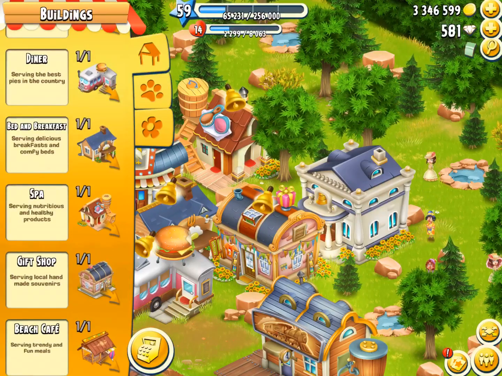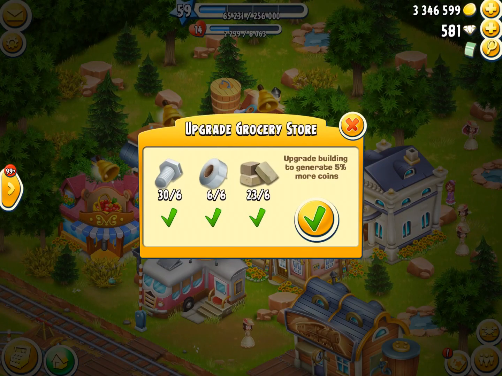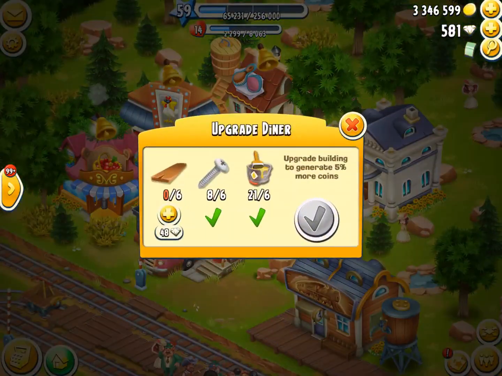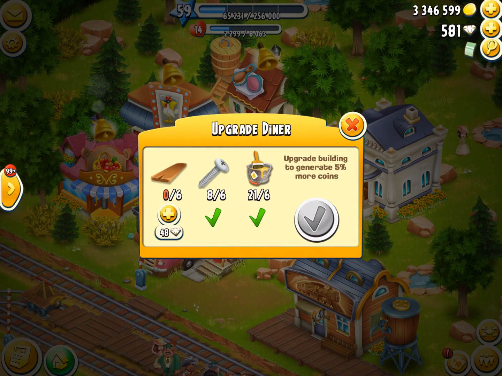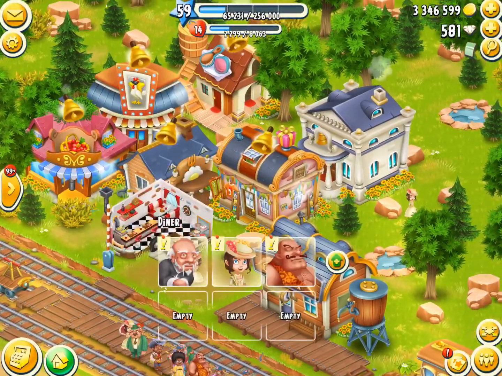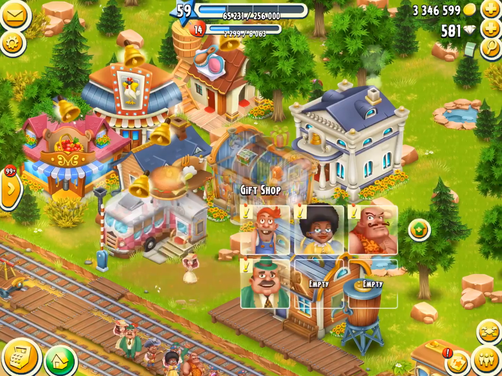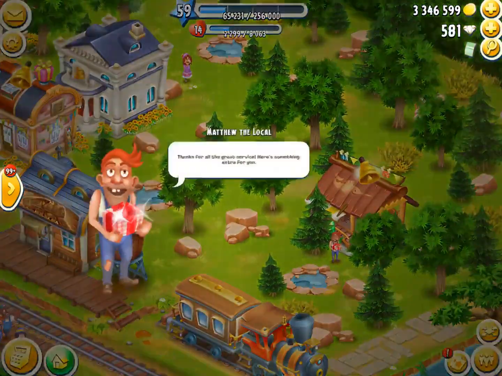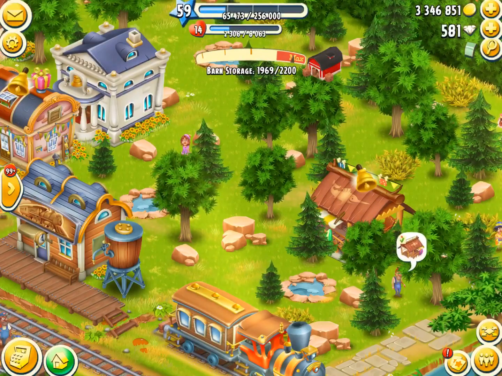So the beach cafe, the gift shop, the spa, and the bed and breakfast. On the other hand, ones like the grocery store use the materials you use to upgrade the barn and silo. That is ultimately the distinguishing feature for me as to why I would and wouldn't upgrade certain ones. If they require the barn and silo materials, as do the cinema, the grocery store, and the diner, I would advise against upgrading them nearly as much as these ones here. That's why I think the bed and breakfast, the spa, the gift shop, and the beach cafe are the best ones to upgrade, because they don't interfere with upgrading